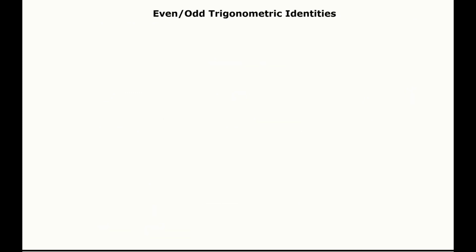Next, we're going to look at what are known as the even-odd trigonometric identities. And before we actually consider the trigonometric aspects of evenness and oddness, we want to do a general discussion of what those two words mean as far as functions are concerned. So a function f is said to be even